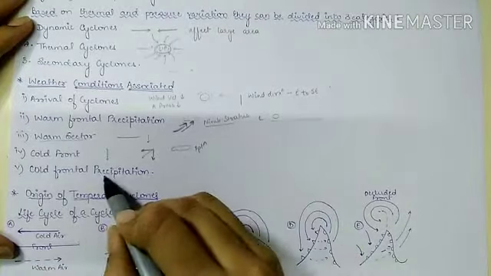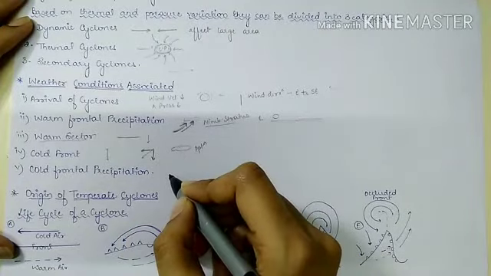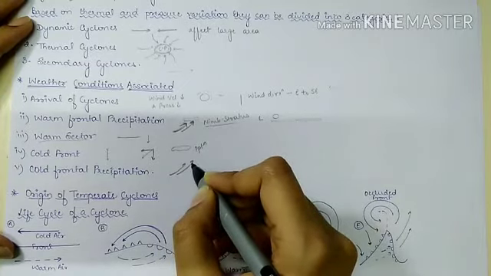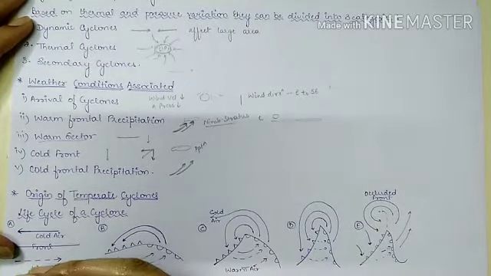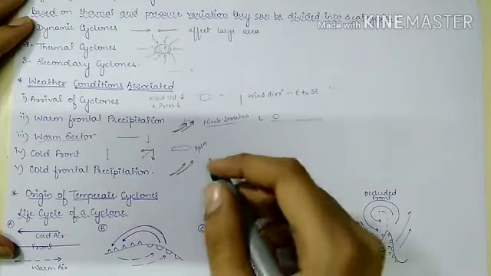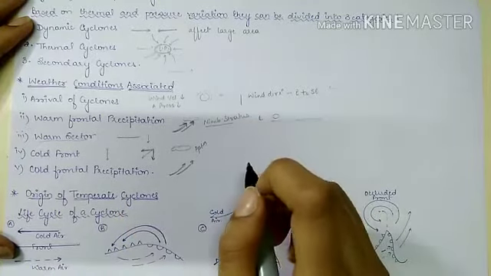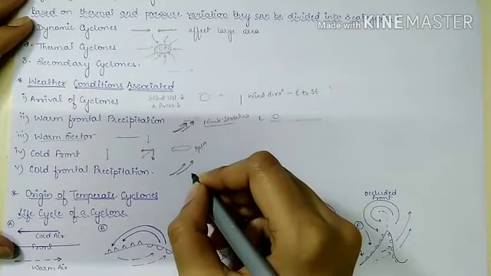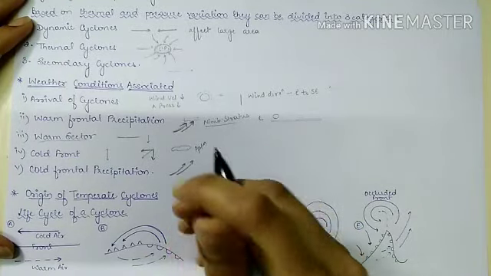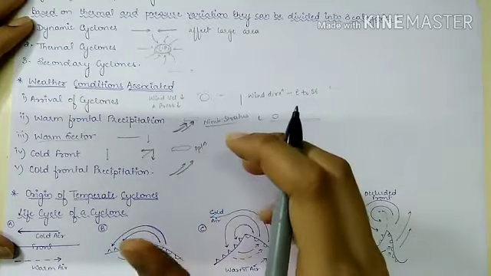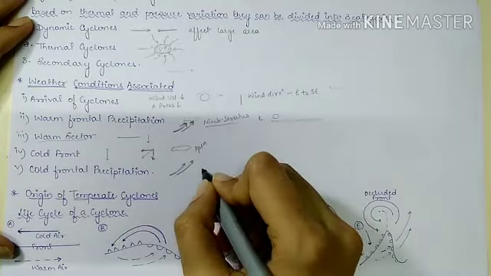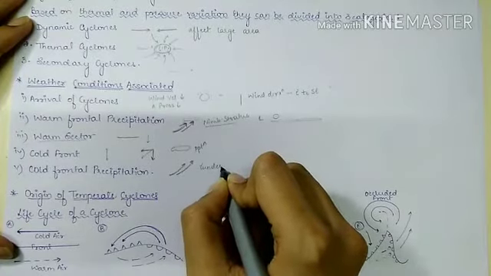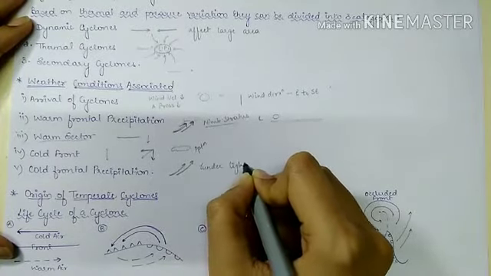But in cold frontal precipitation, warm air mass is forcibly uplifted. Okay, so because it is hurriedly uplifted, the cold frontal precipitation is formed. It forms heavy downpour. Okay, heavy downpour with thunderstorms and lightning. So here we will have thunder, lightning,